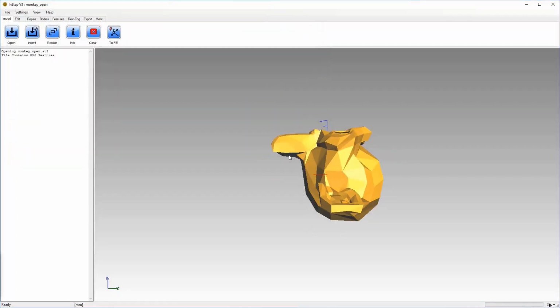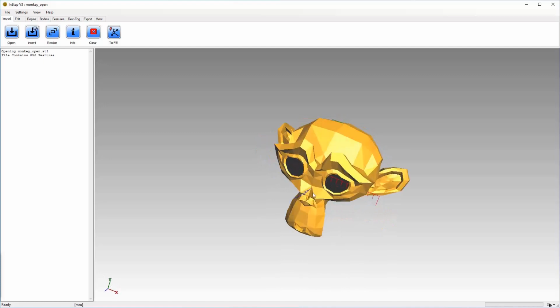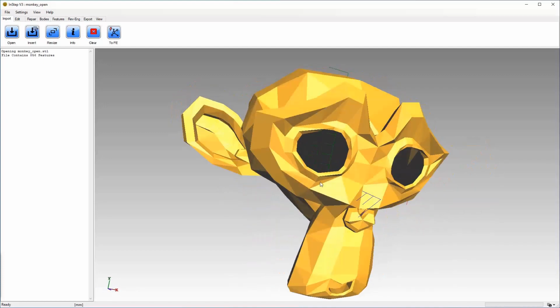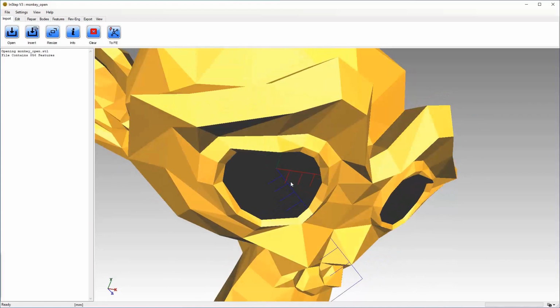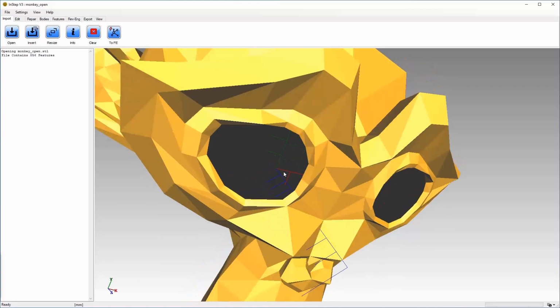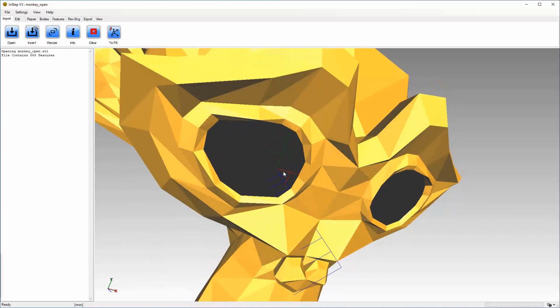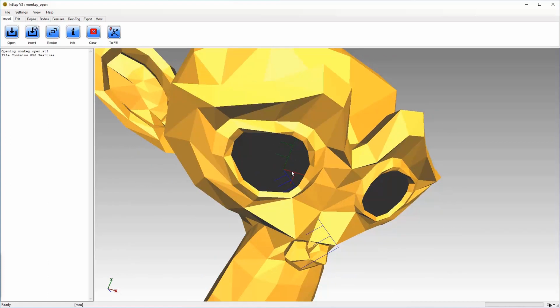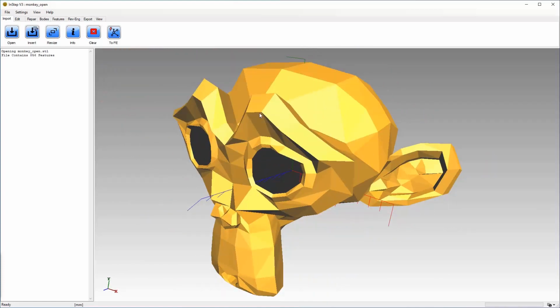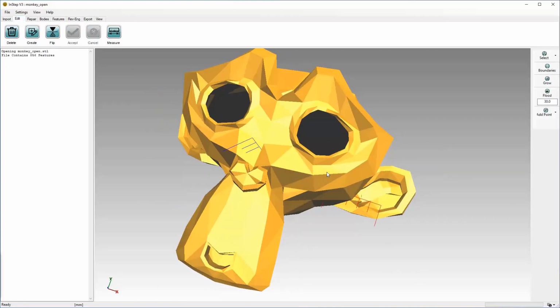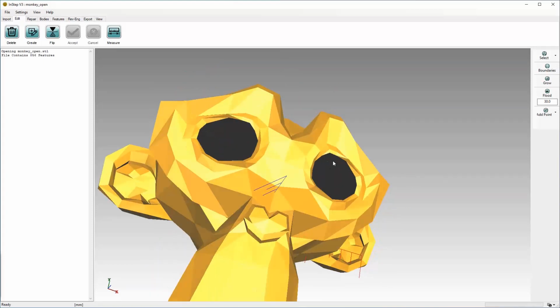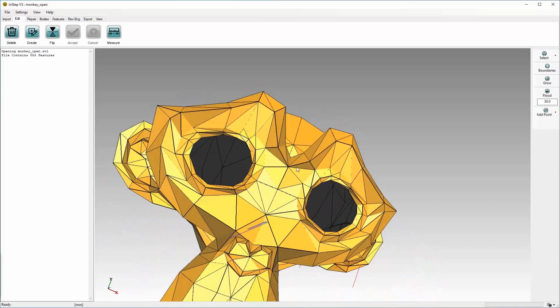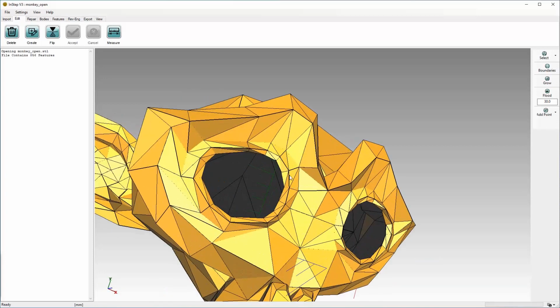We're going to go ahead and import it, and you can see right away that the eye sockets here are open space. We can see the unit triad on the inside, so that triad points to the 0, 0, 0 coordinate, and it shows 1 unit of measurement along its axis. So the edit options are found on the edit tab. We can turn that on, and usually it makes sense to also turn on the edge display with Alt E. That way we can see where the edges are and we get a better view of things.